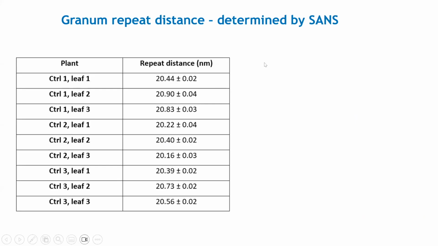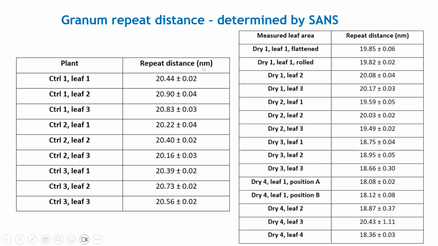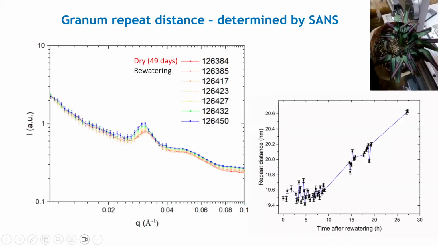And although there is biological variability among control leaves and dry leaves, with statistical comparison we have clearly seen that the values obtained for dry leaves are smaller. So there is a shrinkage induced by desiccation in the grana, in the granum lumen, very probably. And what is the best possibility to measure how these membranes are recovered and what happens during recovery is when